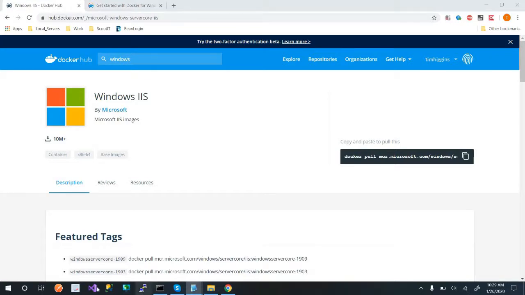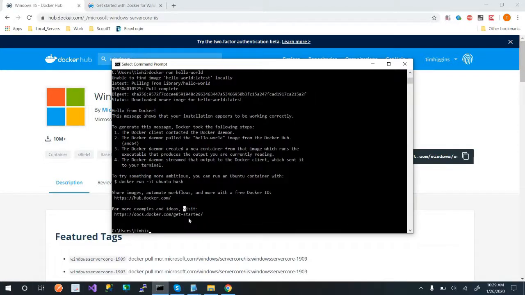So let's try something. Where's my command prompt? I may have to pull this first, but what happens if I say docker run? Now, ignore this for now, but I think it's container first, which will be 80.